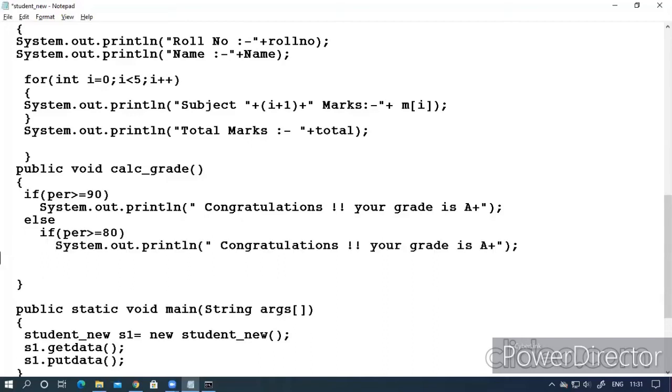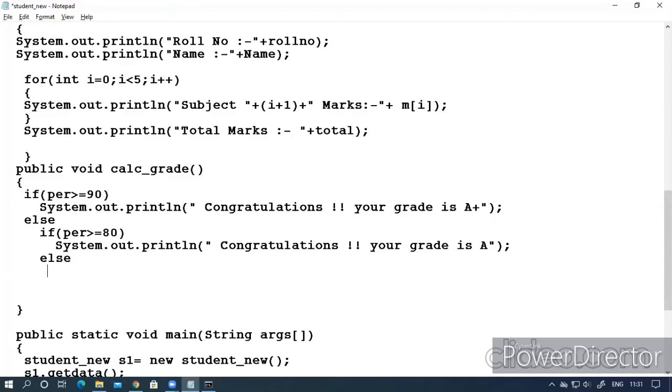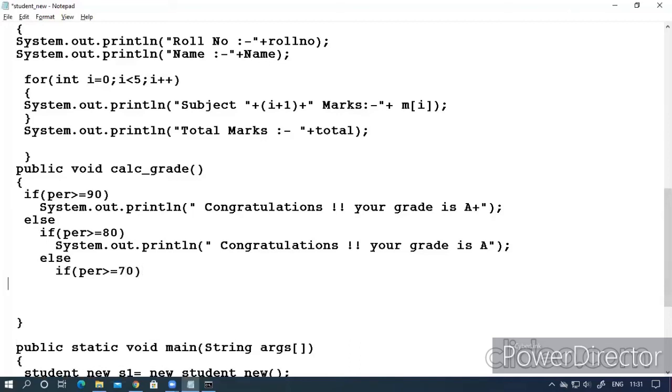So this is an example of ladder if. I am creating it in the form of a ladder. Indentation is required for this, so you should remember, if you are doing this, do the indentation properly.